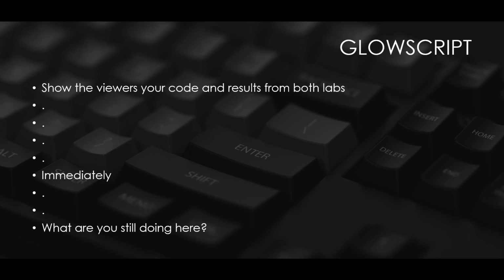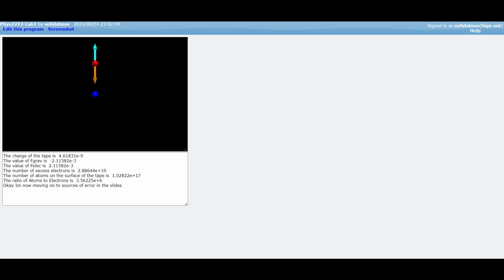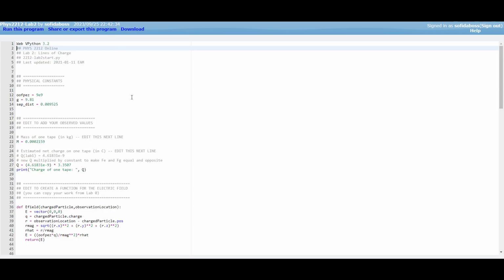Alright, moving onward to our GlowScript. So here I will show you an overview of lab 1. You can see the charge of the tape that we calculated right here, 4.61831 times 10 to the negative 9, and gravity and electric are equal to each other, and then a bunch of other calculations that we had for lab 1. Moving on to lab 2 code, I added the separation distance, the distance between the two tapes